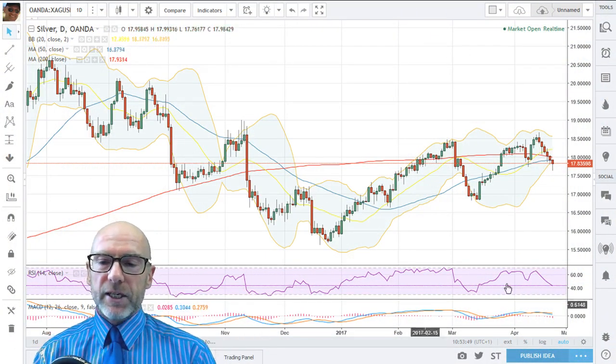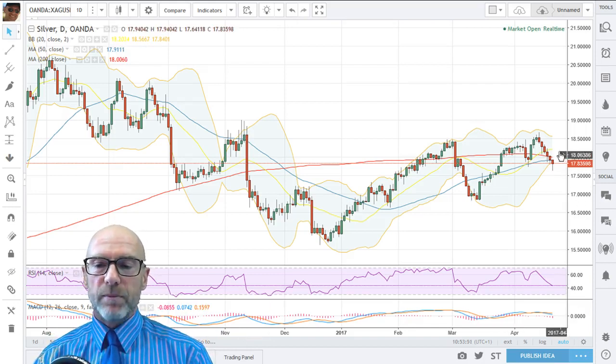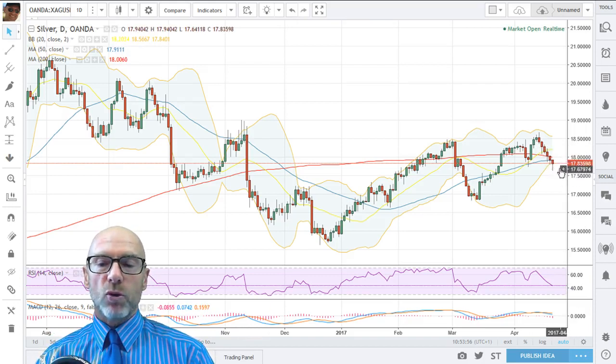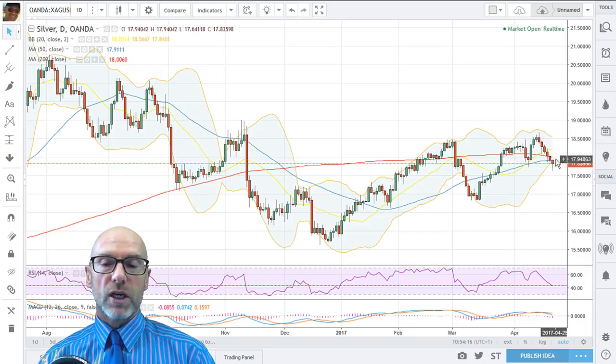On the daily, you can see that we've had this 6-day period of losses, and it's brought us back down just below the 50-day moving average, which is this blue line. That, even though we're below it, will still be giving support as it's tracking upwards. However, just above it, you can see that the red line, which is the 200-day, is now rolled downwards. So that will be a negative resistance factor at the